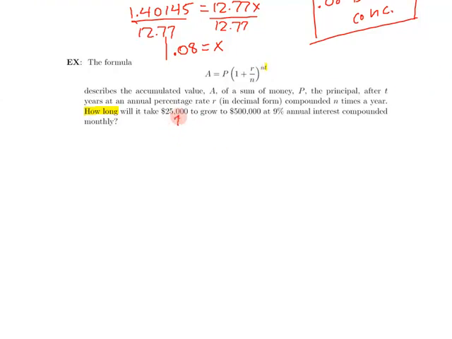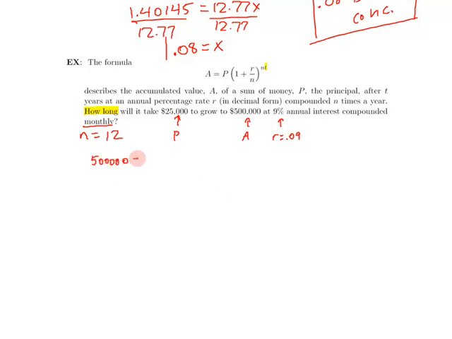We know how much we start with, so that's the principal. We know how much we want to end up with, that's the annual amount. Here's our percentage rate. Remember, we're going to plug it in as a decimal. And compounded monthly means N is equal to 12. So we plug in everything we know. The only unknown at that point is going to be T. Plugging it in, we end up with